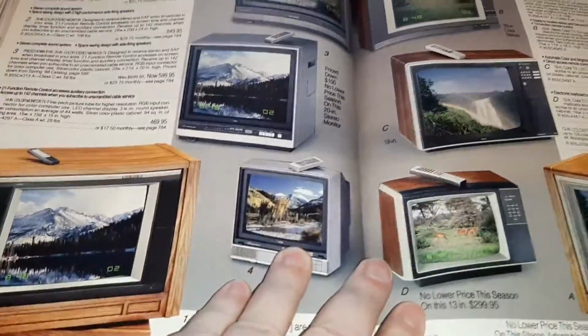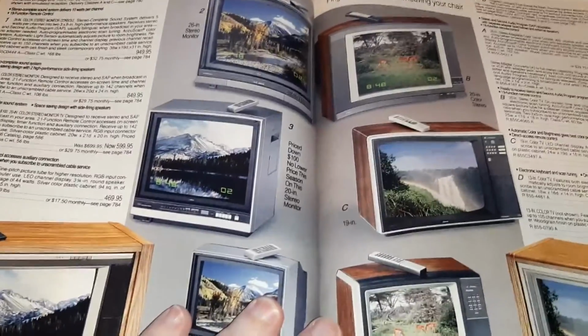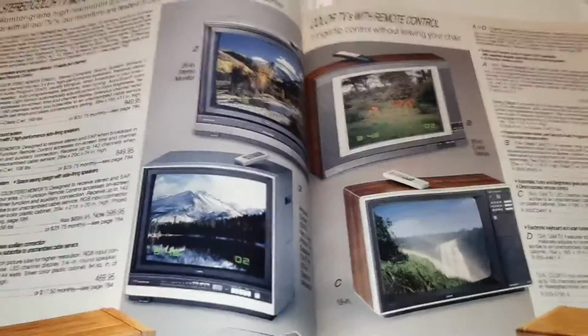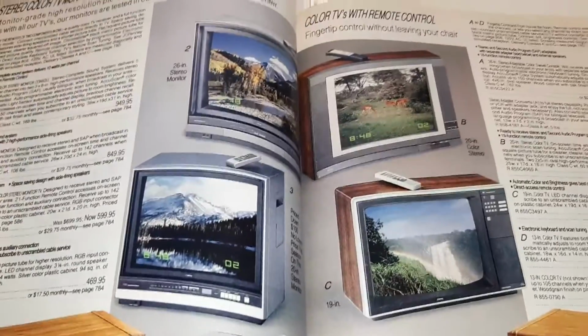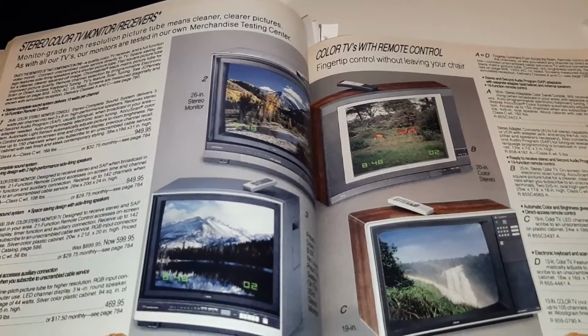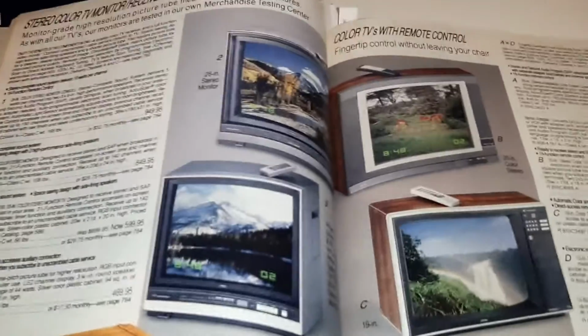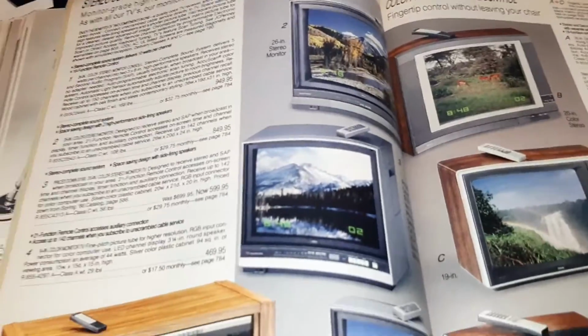And then we've got the TVs. So my sister and I were talking about this the other day because we were looking at some TVs on Black Friday, and I was like, oh yeah, we should get that 75-inch TV. It's only $600. And she's like, that's a crazy price. Who would ever pay $600 for a TV? Well, this TV right here,